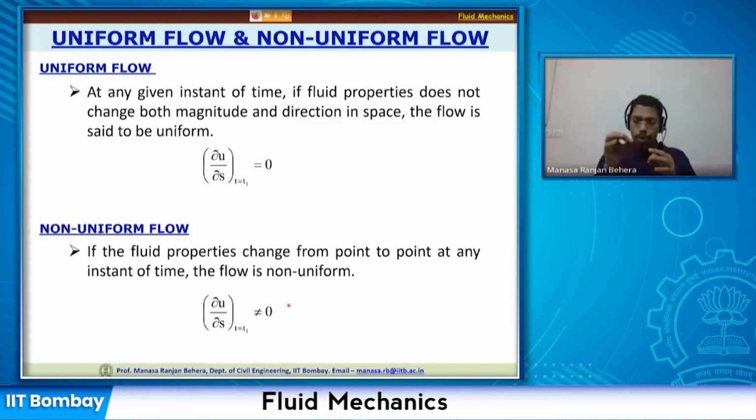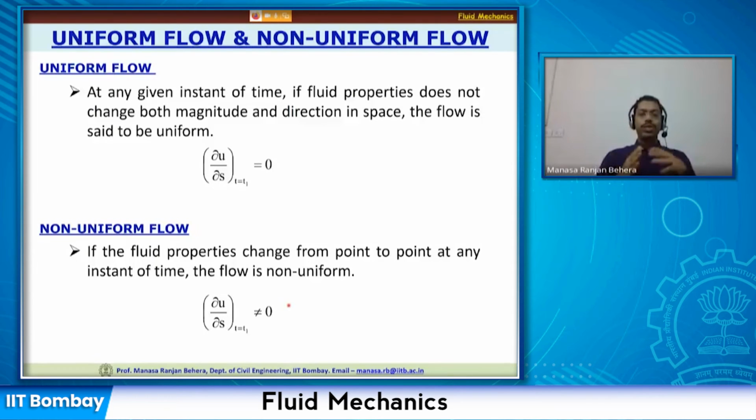Let us say after 2 minutes, the room temperature might increase by 1 degree. That is fine. At this time, it was uniform all through the room. At another time, it is uniform again all through the room. So the condition is uniform. But if I want to talk about steady and unsteady, if it has changed from this time to the next time, this is unsteady. It is not steady. If the room temperature remains at 27 degrees all through the room as well as all through the time, let us say the next 1 hour or 2 hours, then this is uniform as well as steady.